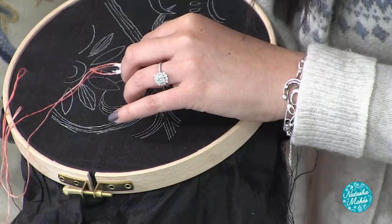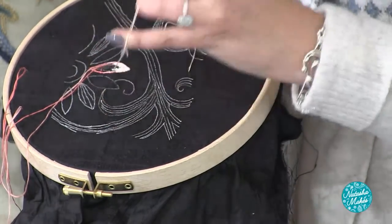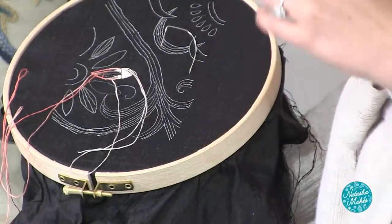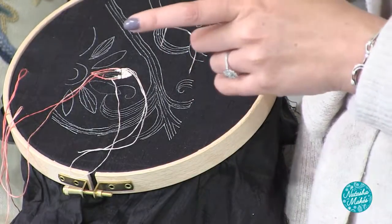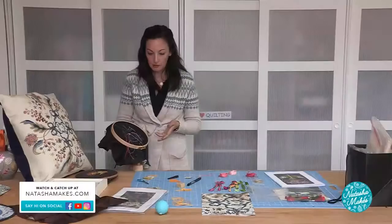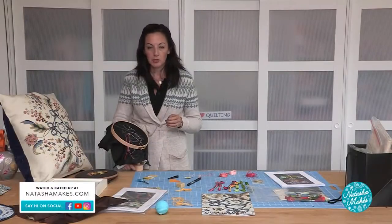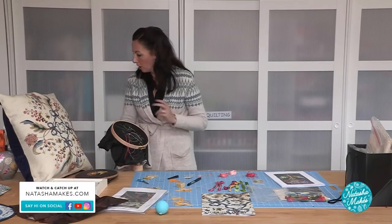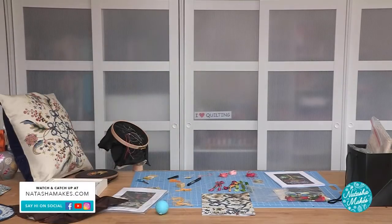I really prefer one with a dowel than a clamp. And the table clamp is fine if you're happy to work at your table, or if you have a surface that you're happy to sit at, because obviously you need to be by that surface. But you can put a little bit of felt underneath it if you want to protect your dining table, for example. I've got another type, just bear with me,